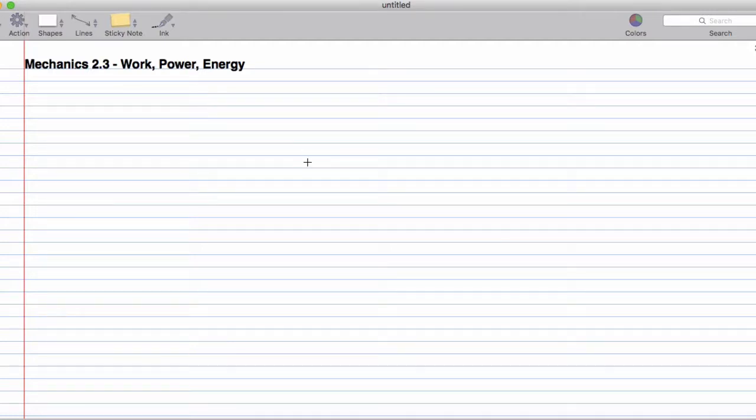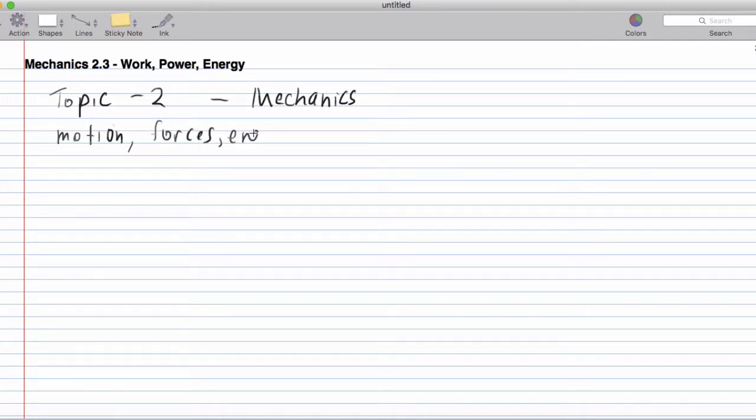All right, so the whole point of what we've been reviewing this year has been topic 2 in IB, which is mechanics. And just to be clear on what we mean by mechanics, we're talking about motion, forces, energy, impulse, momentum, and more to the point, I want to talk about the big picture, which is we're